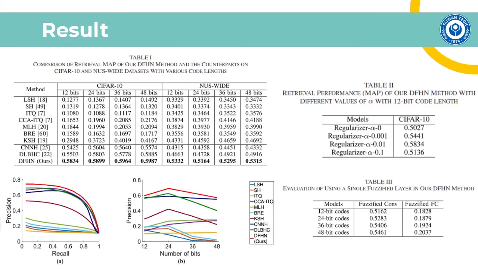So based on the experimental settings that we defined before, they provide the results on the CIFAR10 and the NUSWIDE dataset. And these bits numbers mean the length of the binary hash code. So 12 bits means the length of the binary hash code is 12 binary digits. And as you can see that this